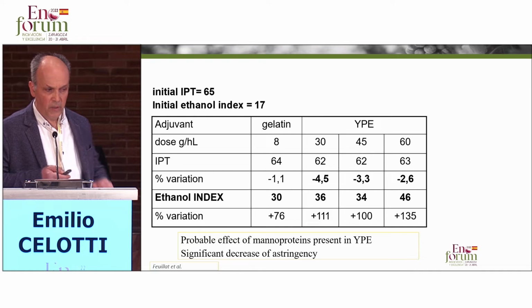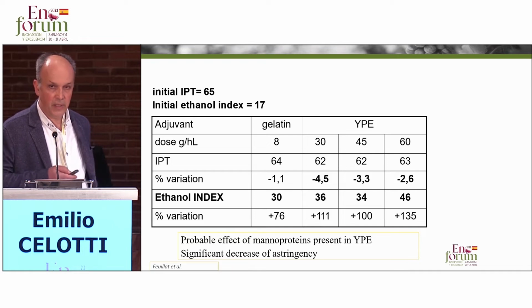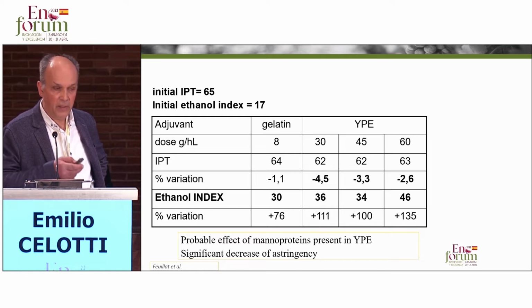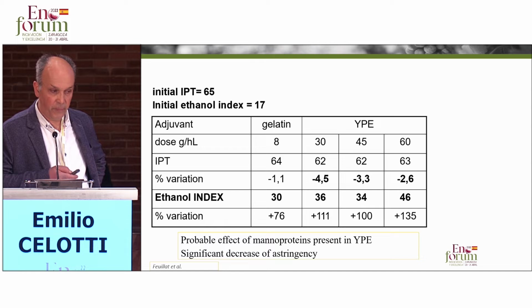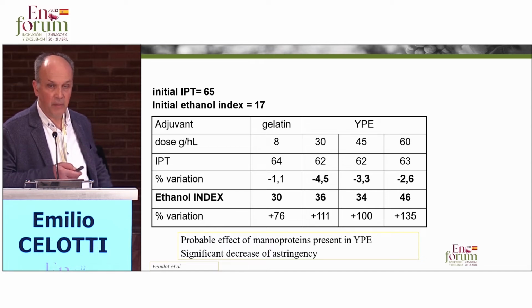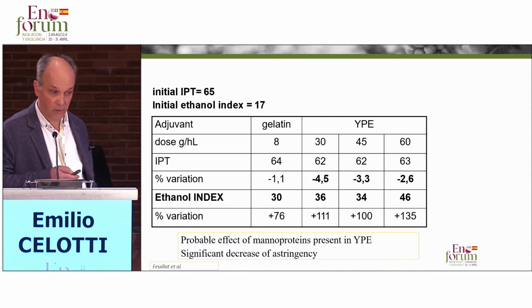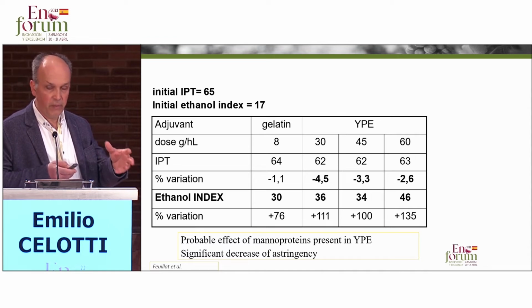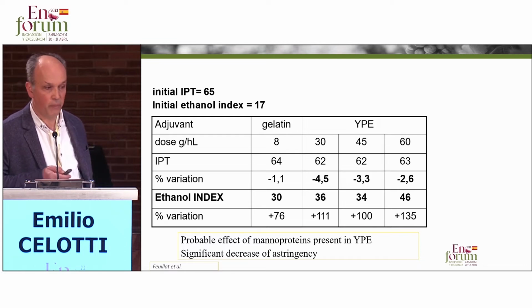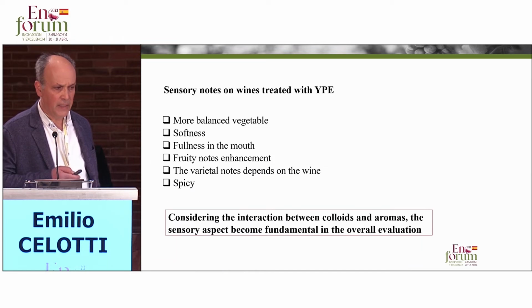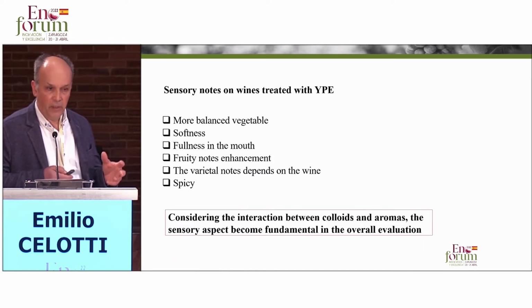We have seen a relationship between the modification of these products. The University of Dijon also studied the ethanol index, and it is a very useful one for evaluating polysaccharides impact with these products. And we see it increases as soon as the dosage of ethanol increases as well, so it can be an effect of monoproteins of the product.